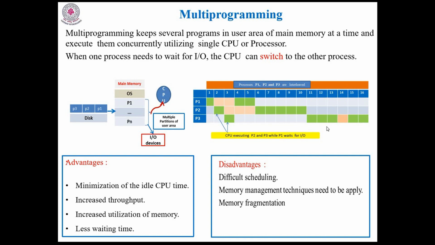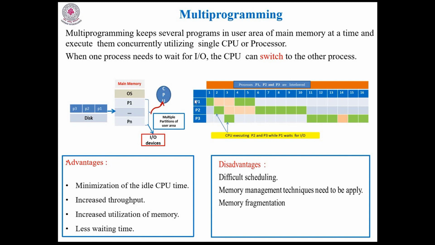You see, only during the 14th millisecond, CPU is idle. So, for the completion of all these processes, it took 16 milliseconds. So, 16 minus idle time 1, that is 15. 15 divided by the total duration for completion of 3 processes, 16. So, 15 by 16, that is the CPU utilization. That means 93.75 percent around. So, satisfying the property of the minimization of the idle CPU time.